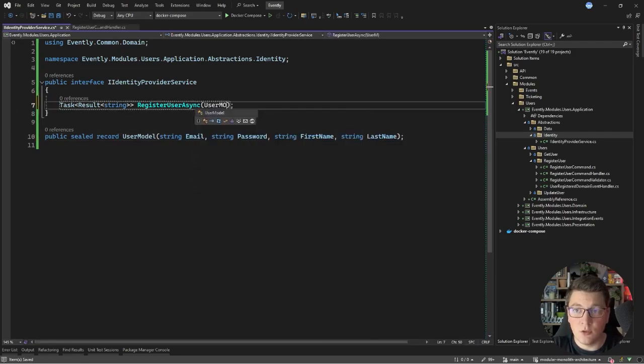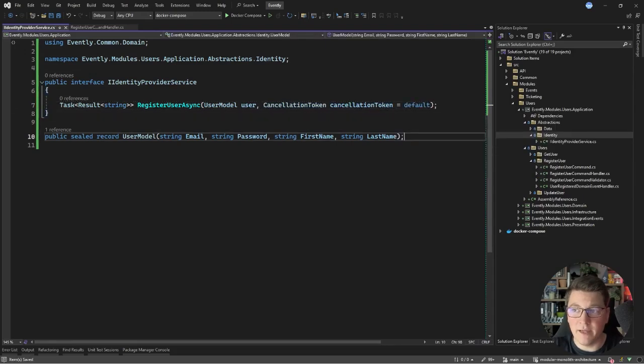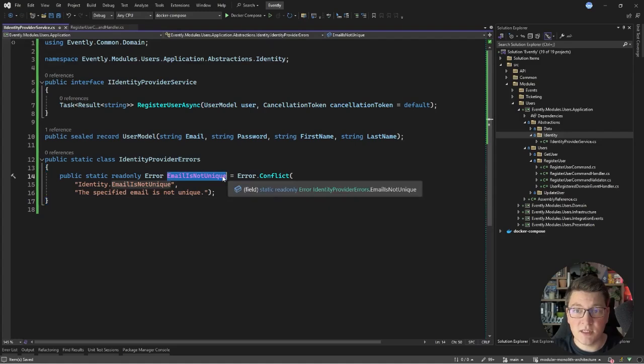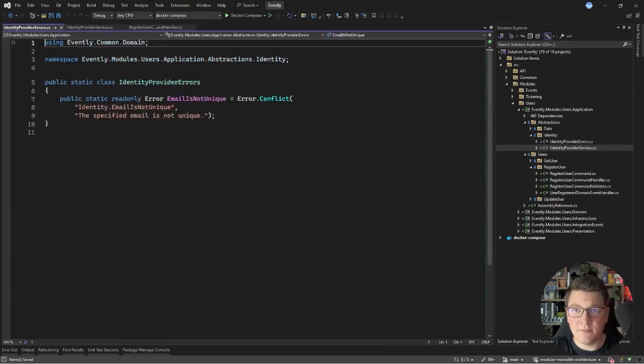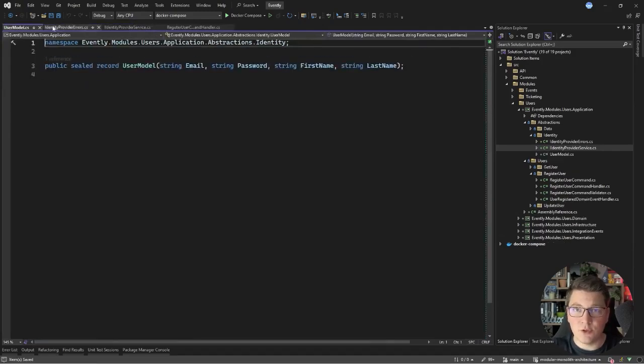The UserModel will be an argument for this method, so let's call this the user, and I'm going to specify an optional cancellation token with a default value. And another thing that I'm going to add is an IdentityProviderErrors static class that's going to contain just one error object inside, specifying that the provided email is not unique. You can grab this type from the code snippet under this video. Now I'm going to move these types into their own files, and let's go back to our register user command